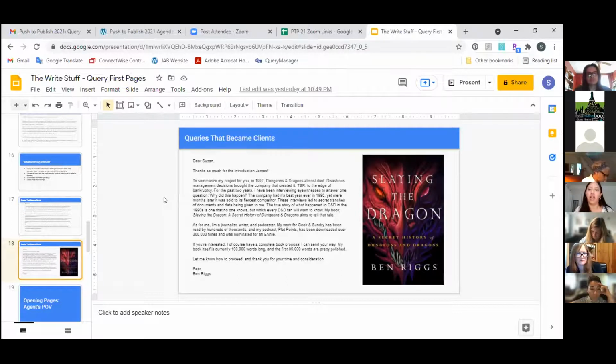Again, he's showing me the audience. Dungeons and Dragons is a very big role-playing game. It's a very big franchise. And I know without even Googling it that there is a market for D&D fans. It's growing so much in popular culture. He gives me the title of his book, and he tells me a little bit about himself. He's a journalist, he's a writer, he's a podcaster. He has worked for this website. He has a podcast, it's been downloaded this many times. He was nominated for an industry award.